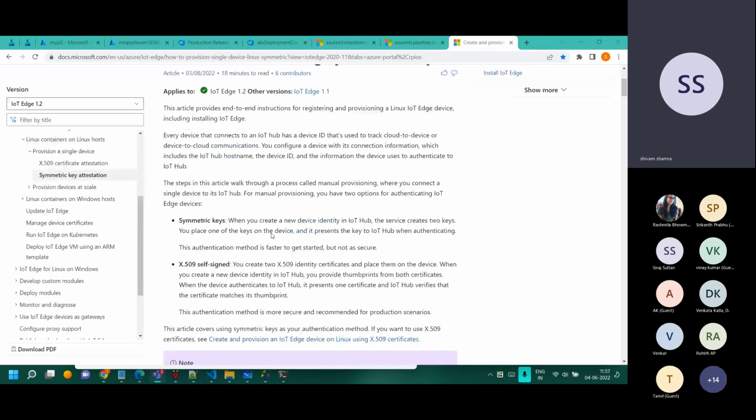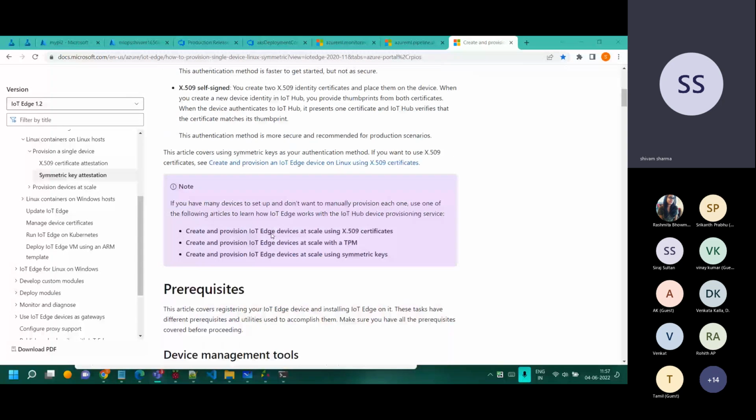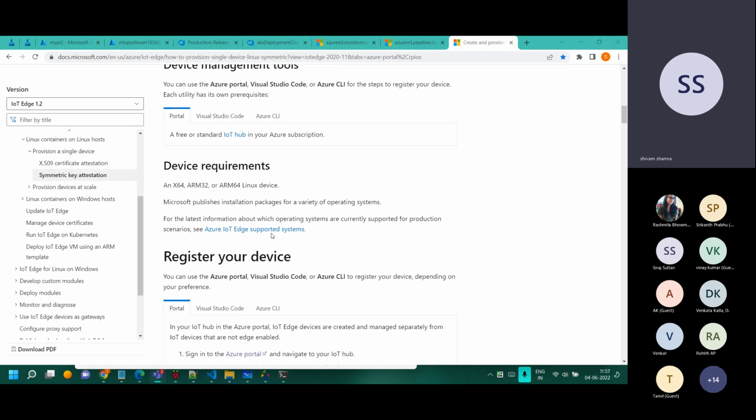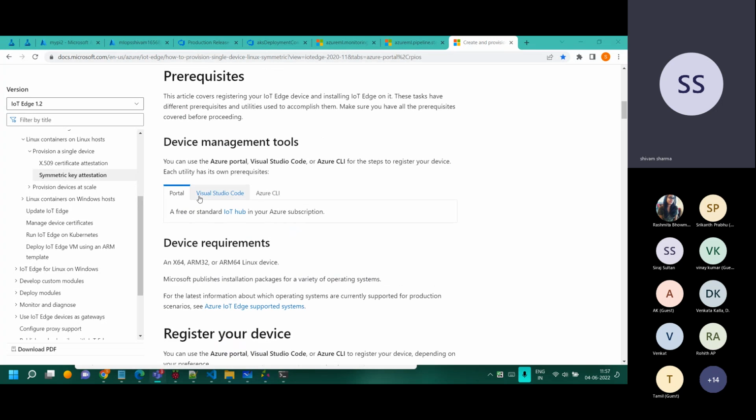You can follow that also, right? You need to have the certificate over there. You can self-sign the certificate. Otherwise, deploy one CA, a certificate authority, and get the certificate from it, or pay for it.